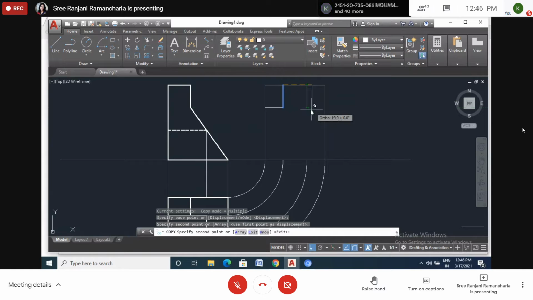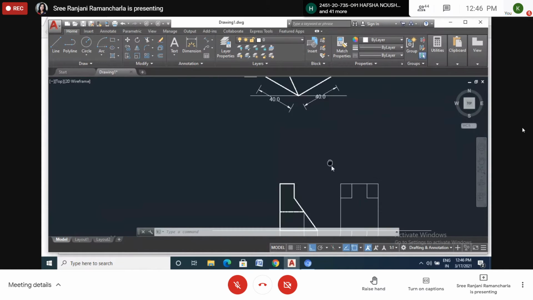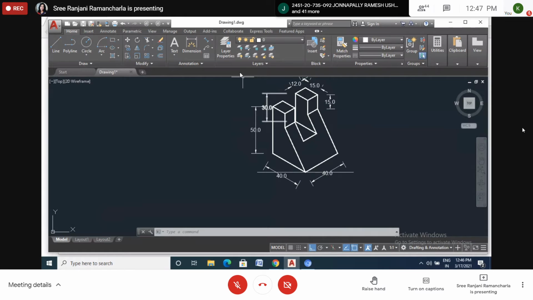Okay. Now here, this one. Now draw the line, or you can copy. So here no problem. 12. Enter. Like this. So here also when we see from front view, means we are here, we are looking from here. So this line is not there. So we can delete this line. So we have already drawn this line and this line here.